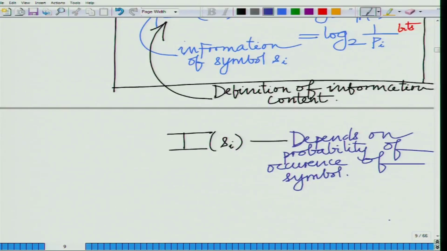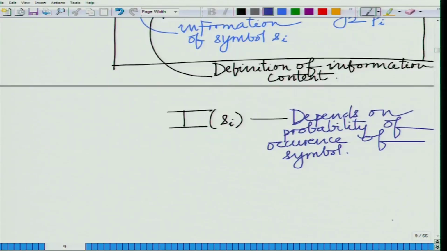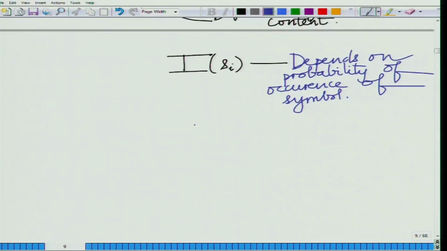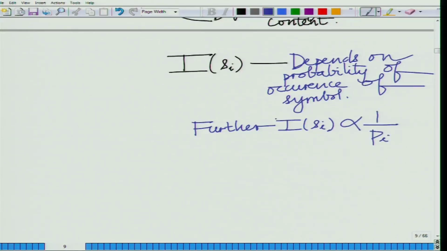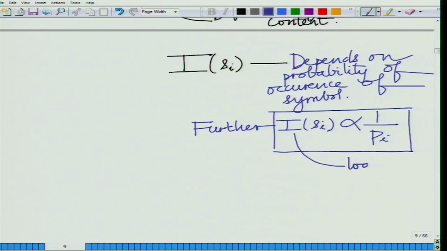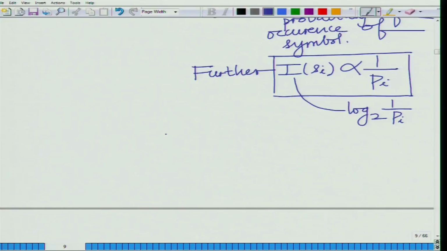Depends on the probability of occurrence of the symbol. Further, you will observe that I(Si) is proportional to 1 over pi. It is not proportional to pi, it is rather proportional to 1 over pi. I(Si) is basically log to the base 2 of 1 over pi, which means if pi tends to 0,